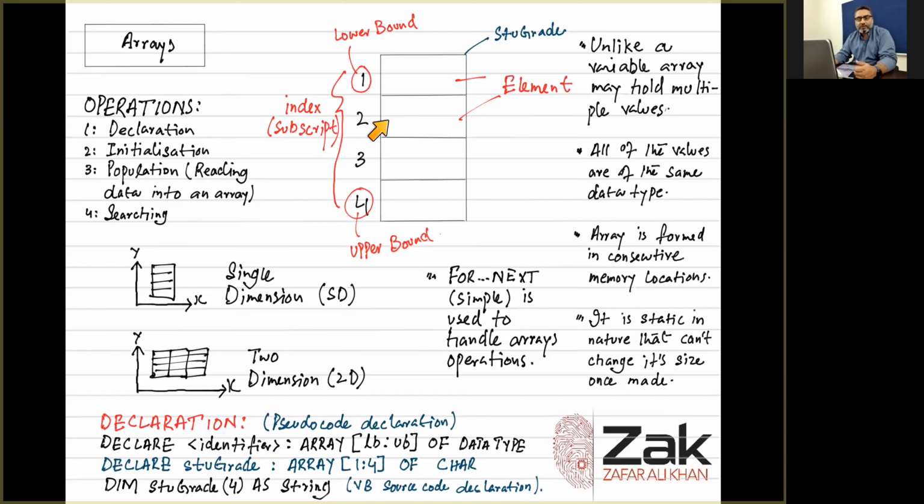Since the lower bound and the upper bound of the array are known, we can always use a for next loop. For a single dimensional array, a simple for next is good enough. So it will start from 1 and end at 4. Remember one thing: whatever array question appears in the exam will expect you to perform the whole operation